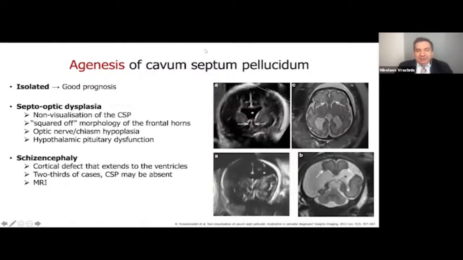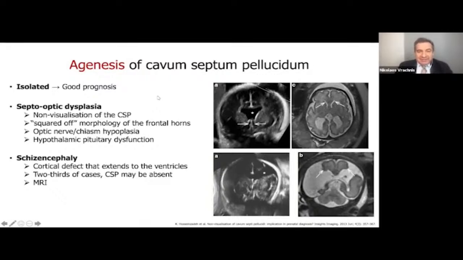And here we have agenesis of cavum septum pellucidum. We can see here that there are no walls and the ventricles are here. So if it is isolated and we can see the CC, then this is a good prognosis. However, there may be severe brain dysplasia involving the optic root and other endocrine disorders, like in the septo-optic dysplasia,